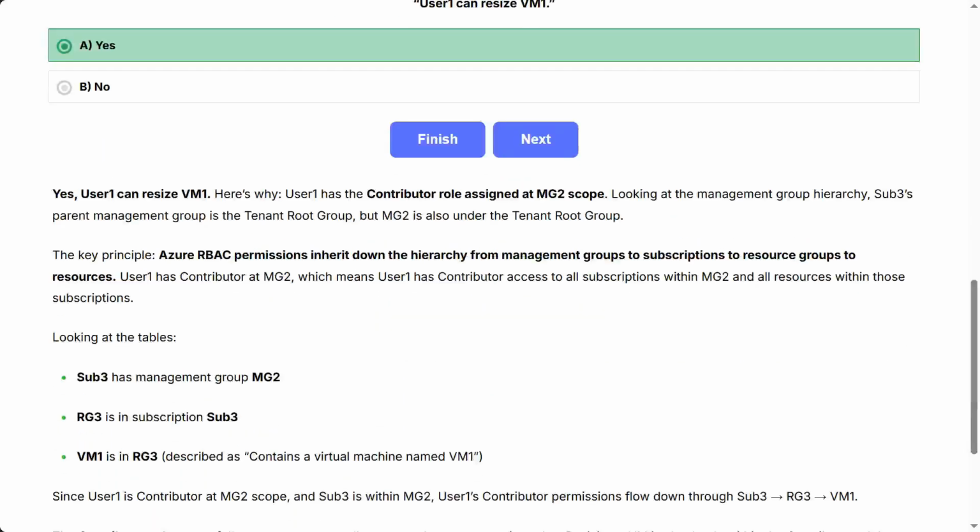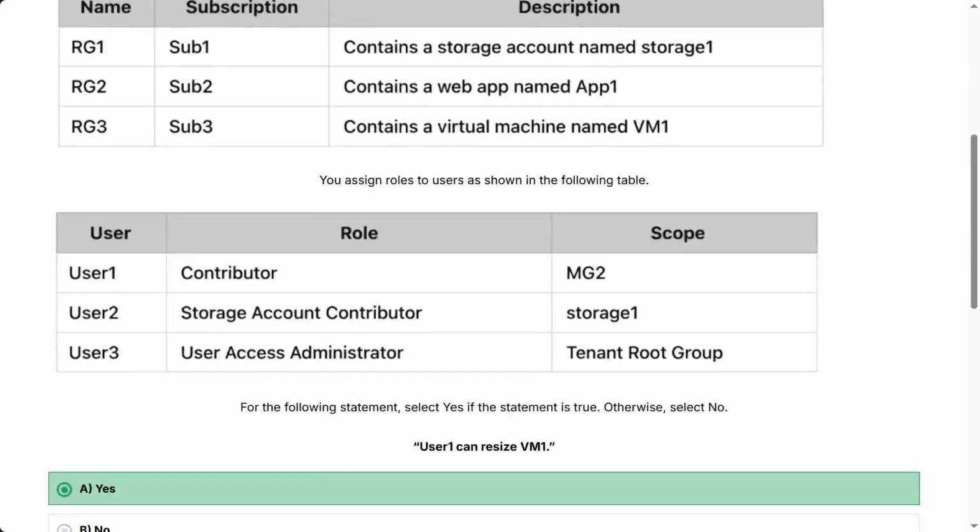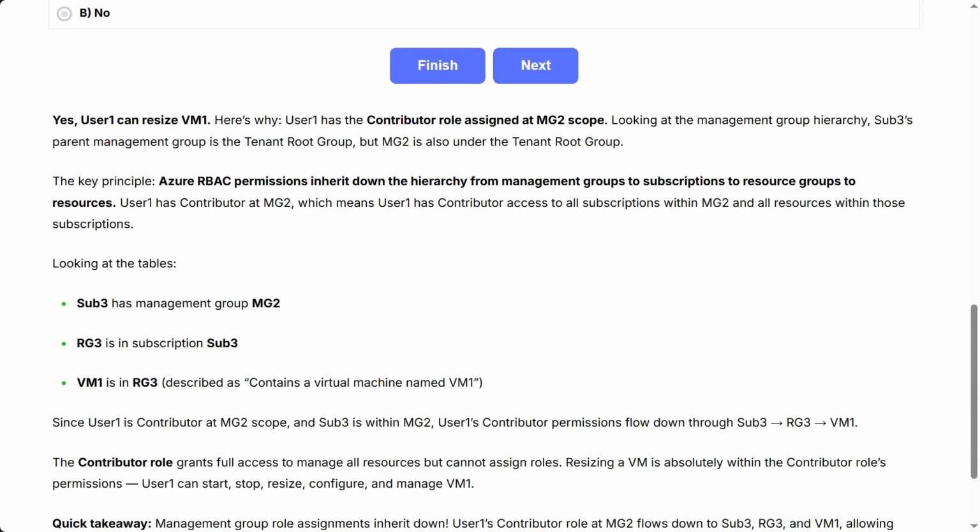Here's why. User 1 has the contributor role assigned at MG2 scope. Looking at the management group hierarchy, sub 3's parent management group is the tenant root group, but MG2 is also under the tenant root group. The key principle: Azure RBAC permissions inherit down the hierarchy from management groups to subscriptions to resource groups to resources. User 1 has contributor at MG2, which means user 1 has contributor access to all subscriptions within MG2 and all